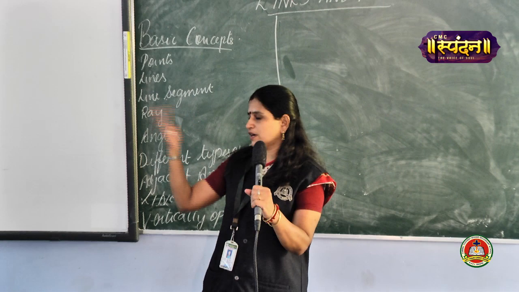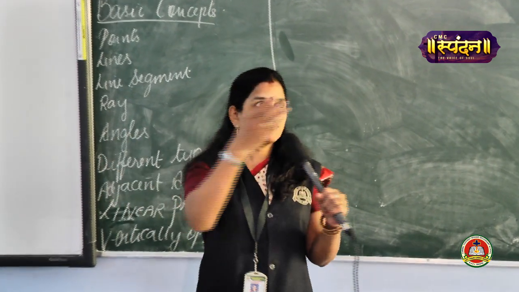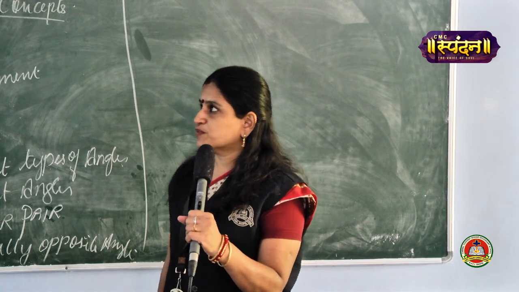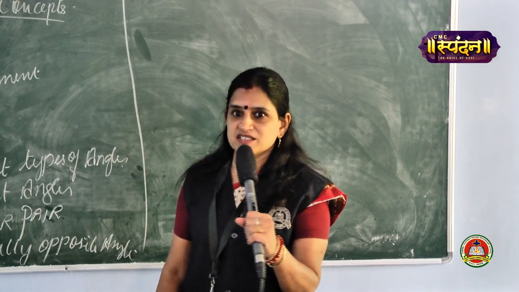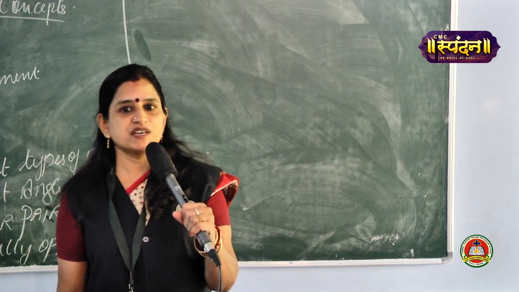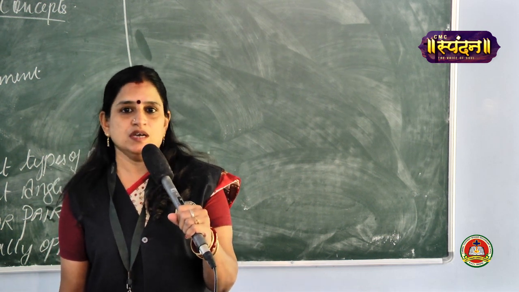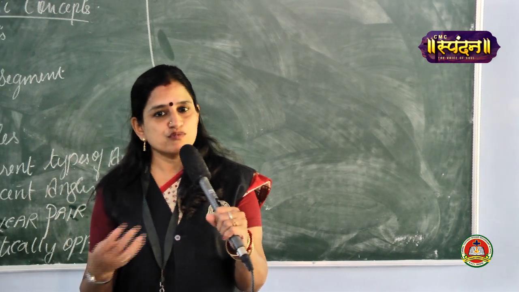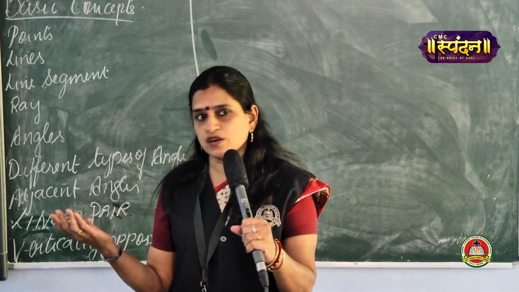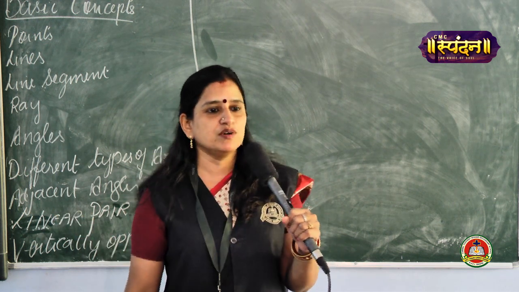Suppose you look at this room, what are the different shapes you are able to observe? All different shapes of triangles, lines, line segments, etc. These are all the different shapes you are able to observe. So this is nothing but full of geometry. Wherever you see, outside, inside your room, everywhere you are able to see only the shapes.